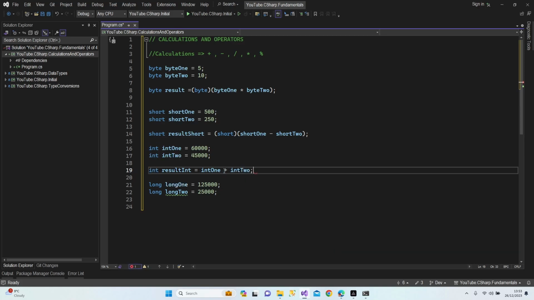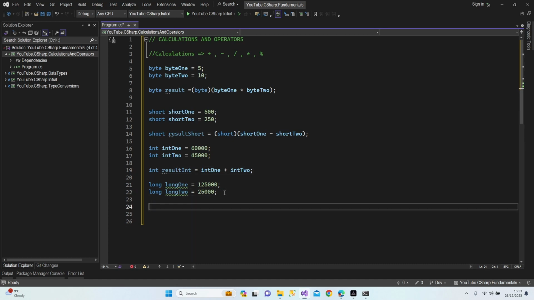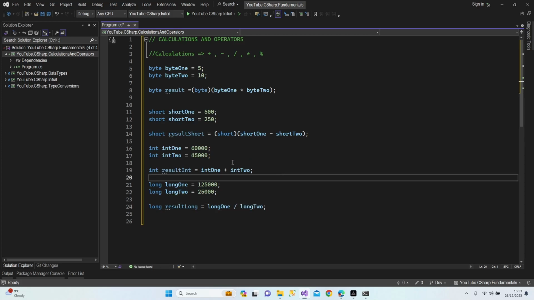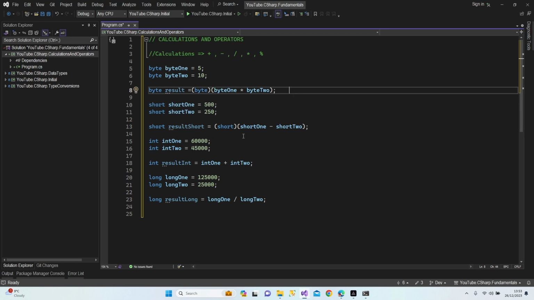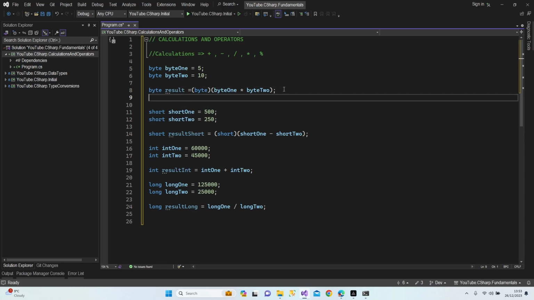Yep, here we go. As you can see, the result is integer. Let's make a division with the long, result long. Let's make it division with this section. Here we go. As you can see, we don't have any problem with the integer and long, but when it comes to the short, the result automatically converts to the integer, so you need to cast to byte and short, or you can directly make an int result